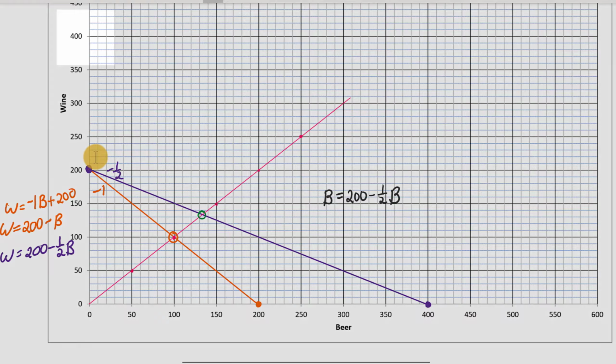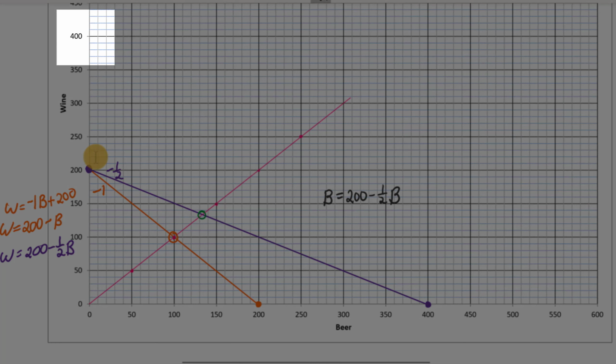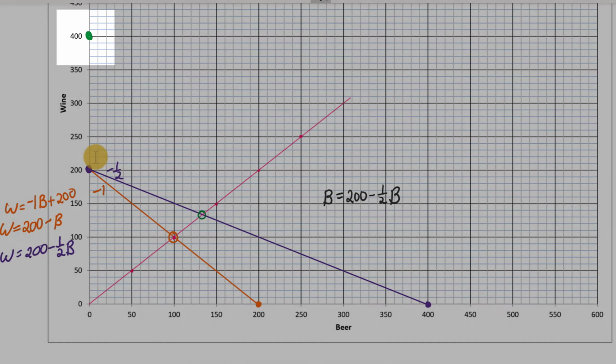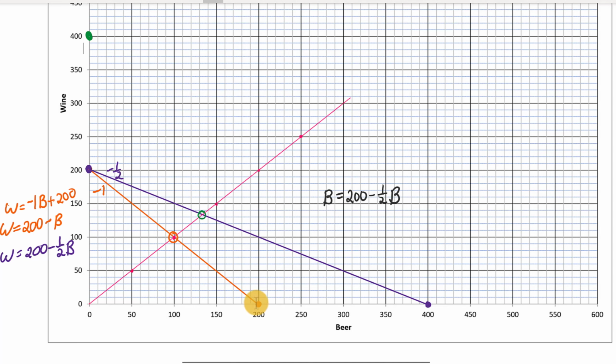Then all together they could produce a total of 400 barrels of wine, right? And then what if they decided at the other extreme to only produce beer? Well, France could chip in 200, the United States could chip in 400, and produce a total of 600 barrels of beer. And if we connect those two together with a straight line,